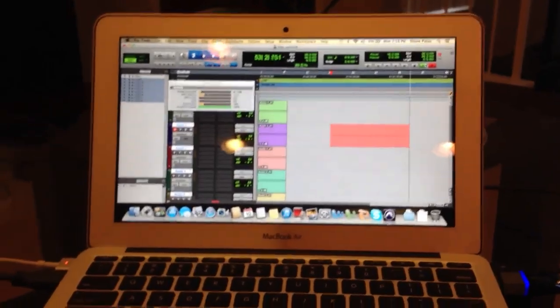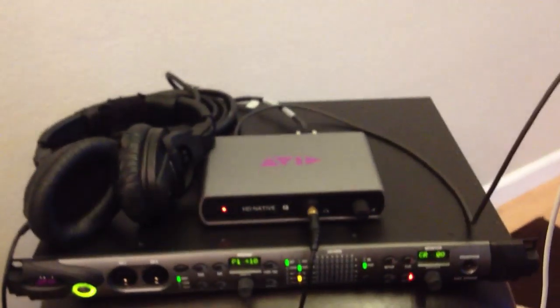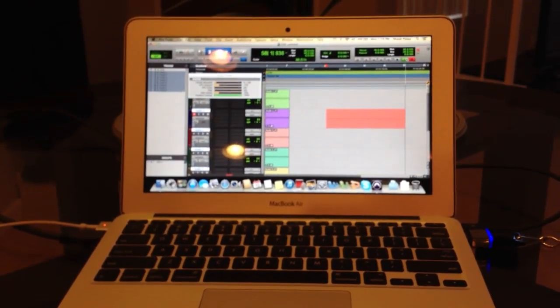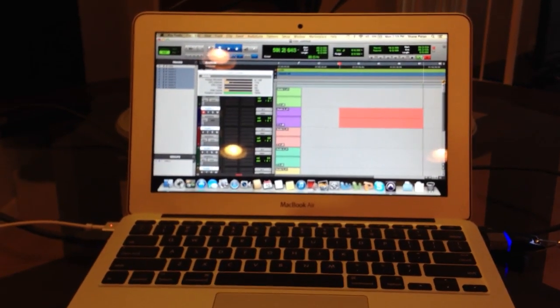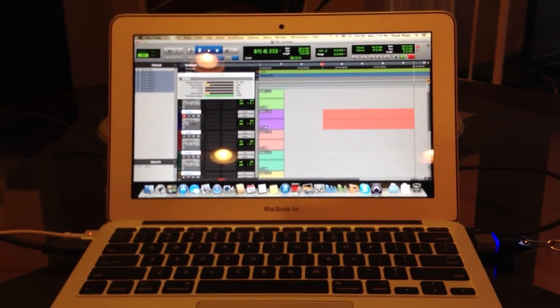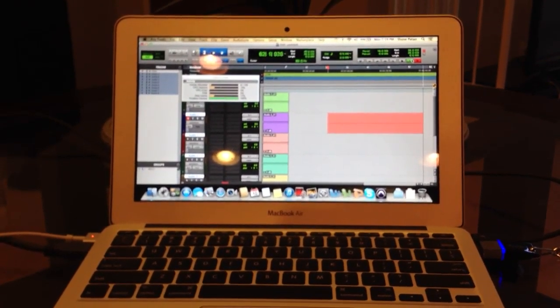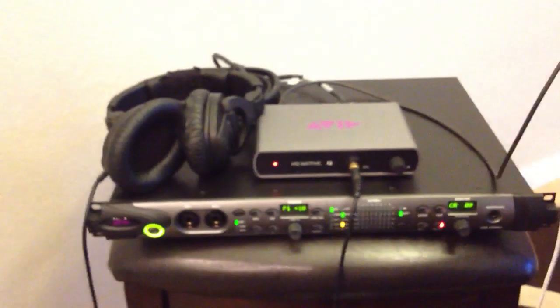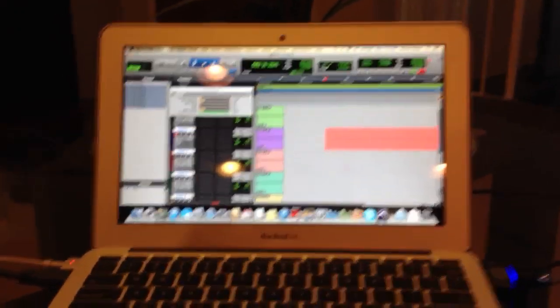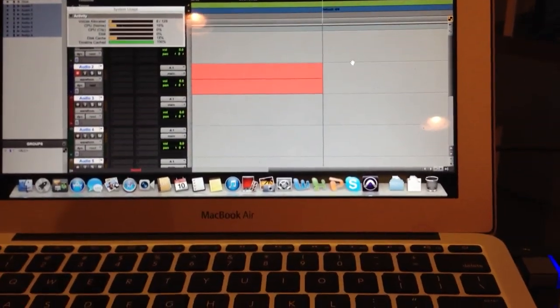But yeah, just wanted to show you that Pro Tools HD native Thunderbolt does work with an i5 processor, but I'm sure there's probably a lot of bugs by doing this. But if you need to record a track or 2 at a time on location, you could just pop open your MacBook Air and get to recording. So it's been going for about